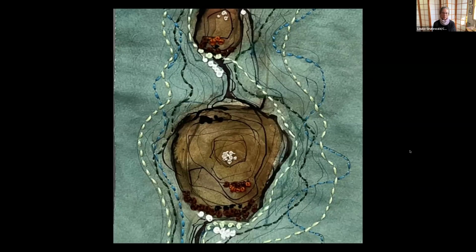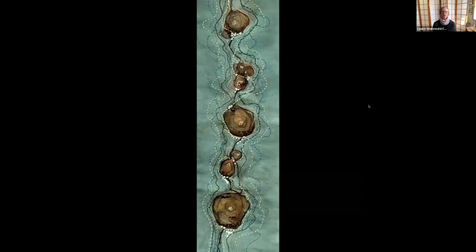And so once again, the piece started with painting the background, and I was using Bister Blue, which is quite green, but I threw in a little bit of ultramarine to just kind of make it a little bluer, and then using embroidery thread and trying to show the layers of the rock with the stitching. So that piece